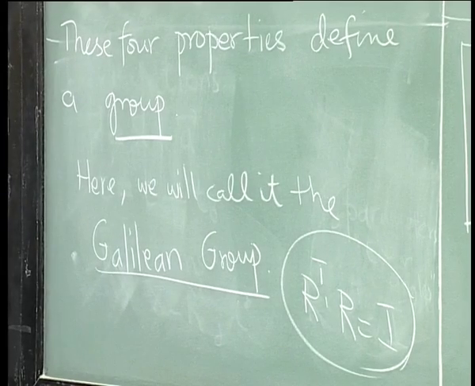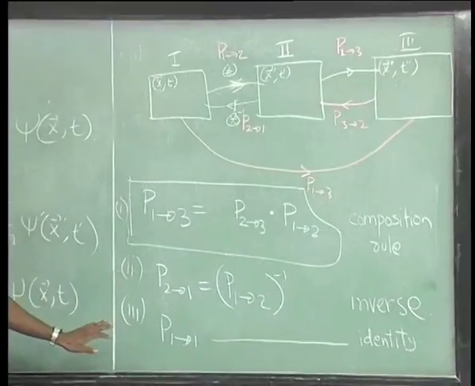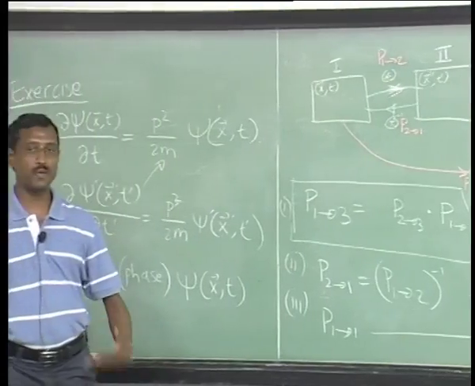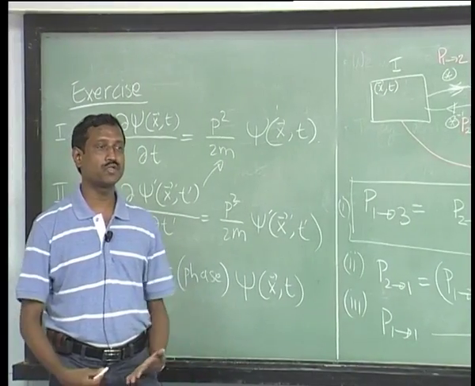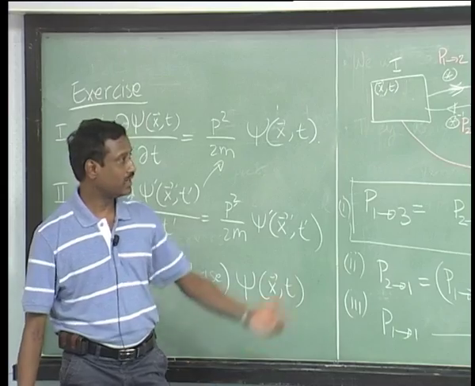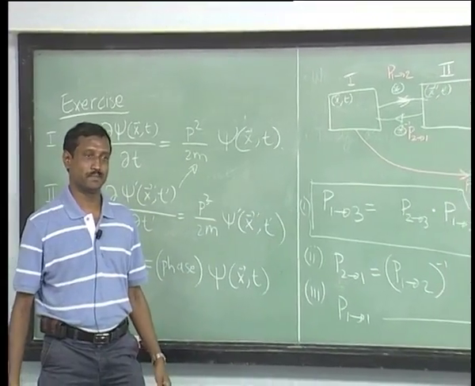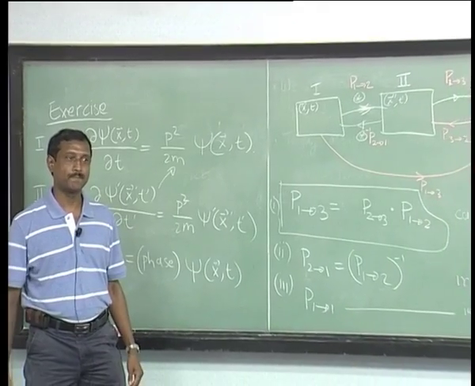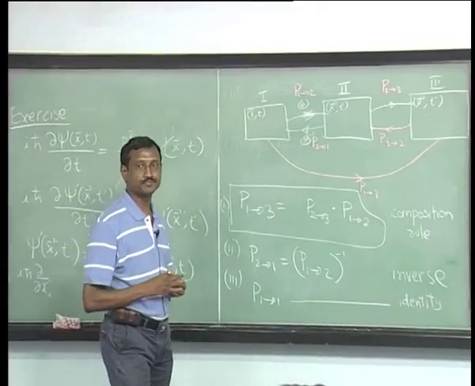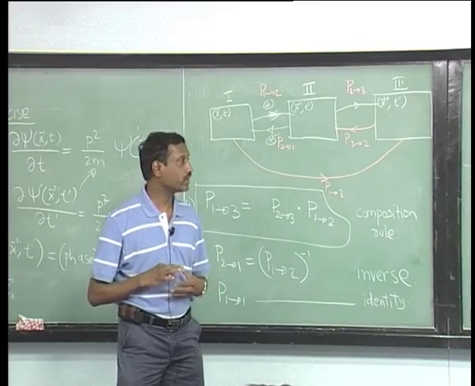So you can see that the simple idea that we started out with, that we expect inertial observers to agree on their forces, led us to something which is far more general than the equation we started out with. Okay. So are there any questions? Okay. So